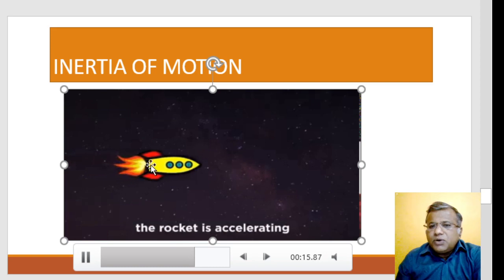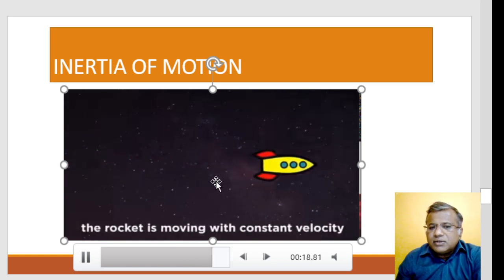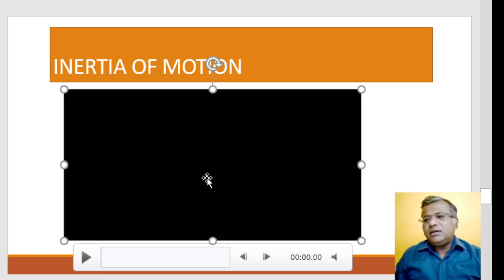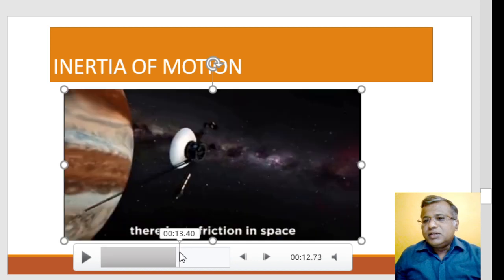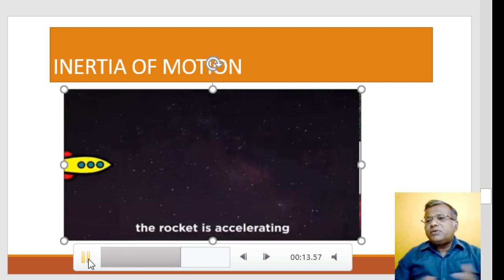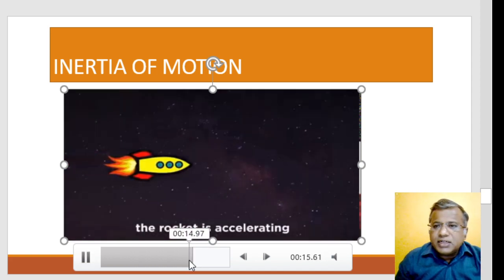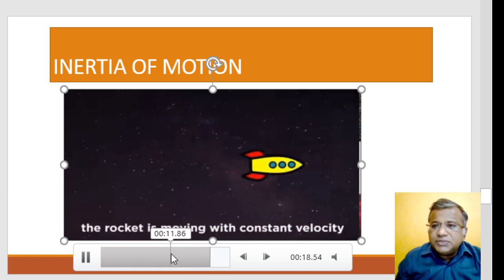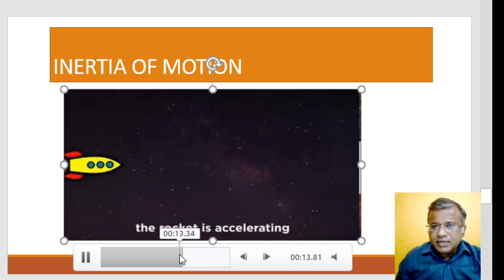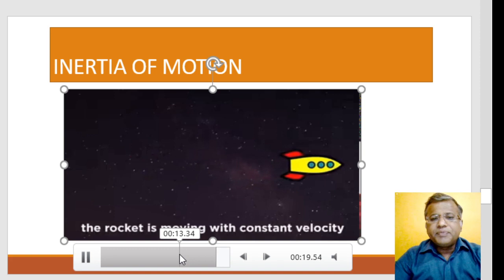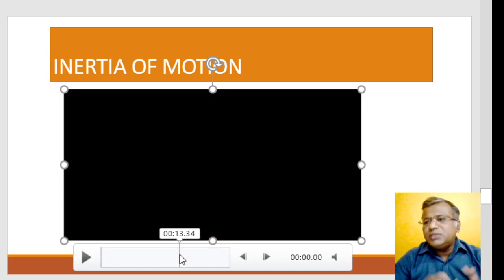Initially, you just give the initial acceleration to the rocket, and in space this rocket will just go on moving without any fuel required. You can explain this in terms of inertia. Whenever the rocket is blasted, it accelerates and achieves a certain velocity. Once it has attained some velocity, you just have to stop the blasting process, and then it will just continue to move in its own motion.